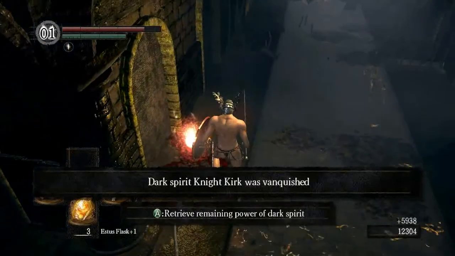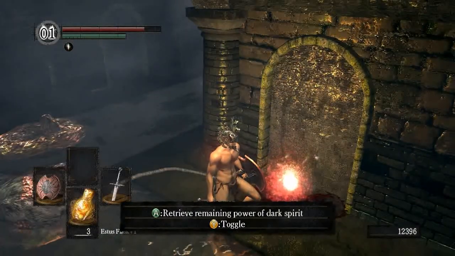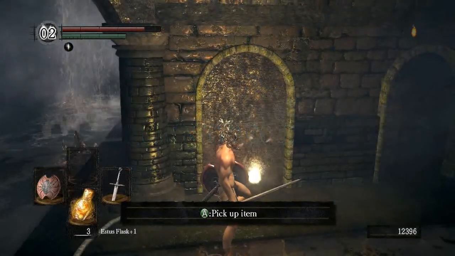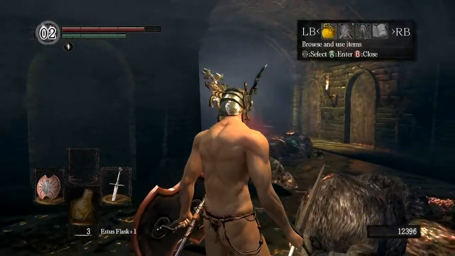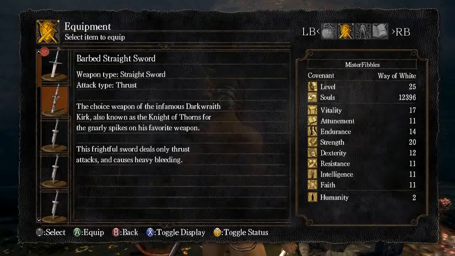Now, he will drop one of his two items. It will either be a sword or it will be a shield. What did he drop for us? He dropped, well, we required humanity. He has dropped a barbed straight sword. Now, it's a lot like our own straight sword, but it's got spikes on it. So if we read it...